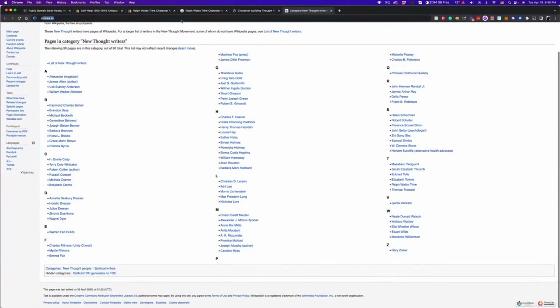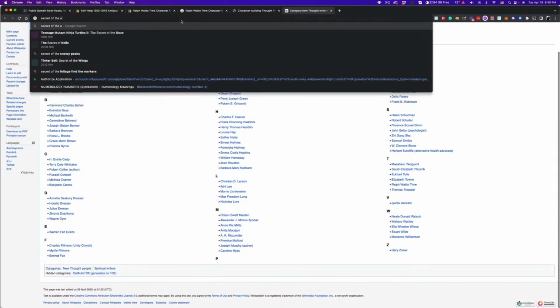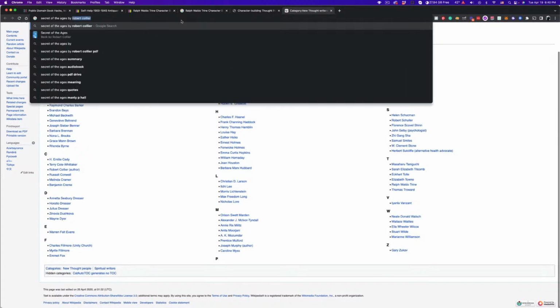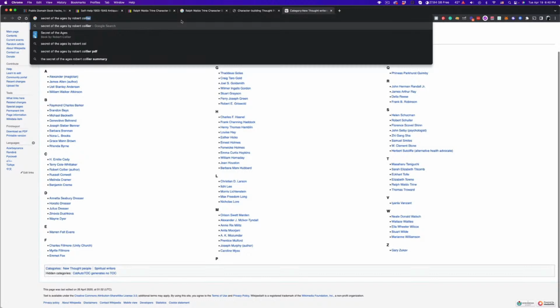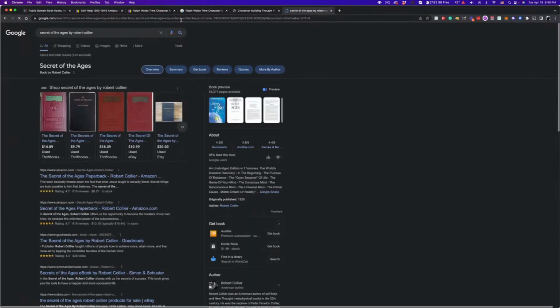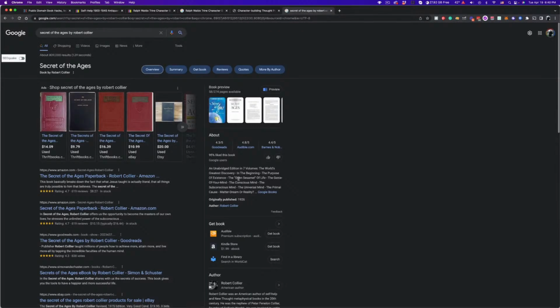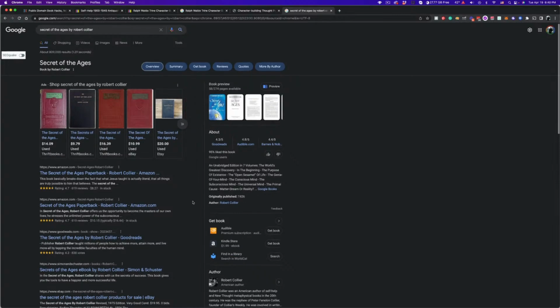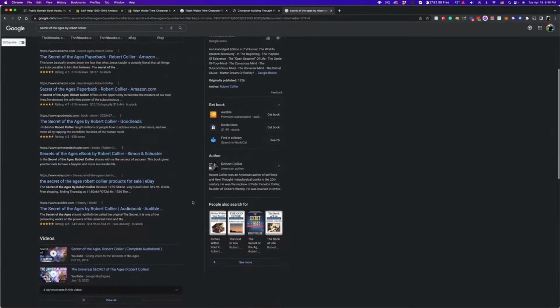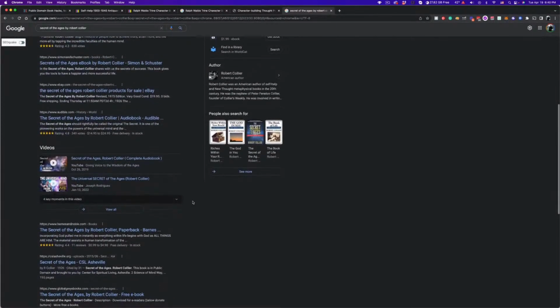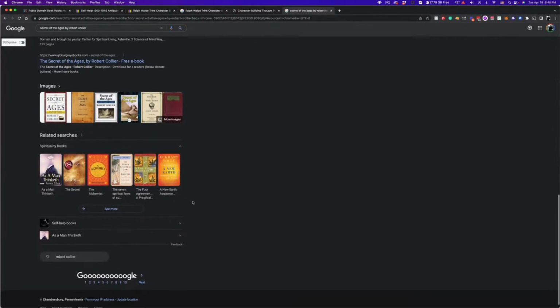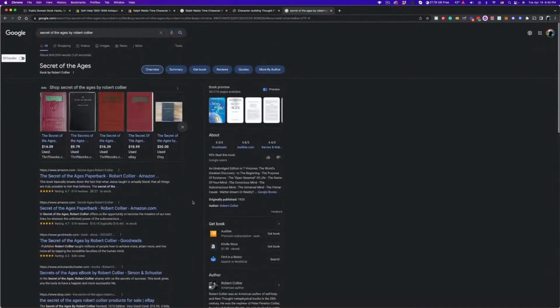Secret of the Ages by... let's see, Kindle Store. So a lot of people are selling it. If it is available anywhere, you can try PDF.